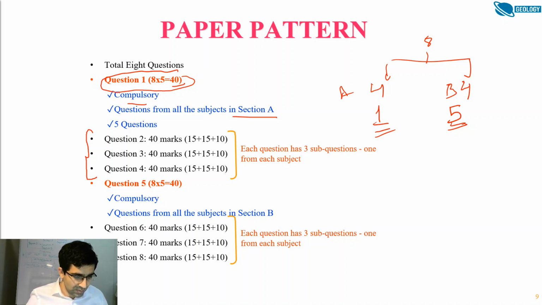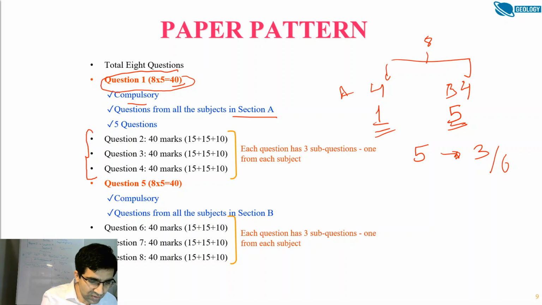Let me choose the pen here. Out of these you have already chosen 2 questions, question number 1 and question number 5, which are compulsory. You have to attempt in total 5 questions. So 2 you have chosen, so remaining 3. So 3 questions you have to choose from the remaining 6 questions. But you cannot choose all 3 from a given section. You have to choose at least one question from each section.